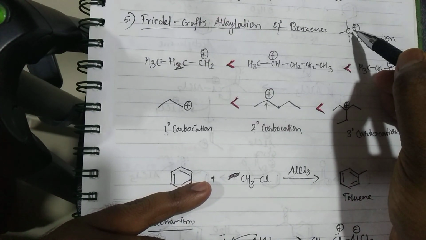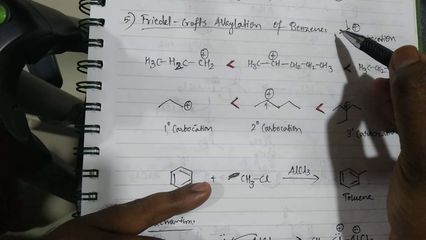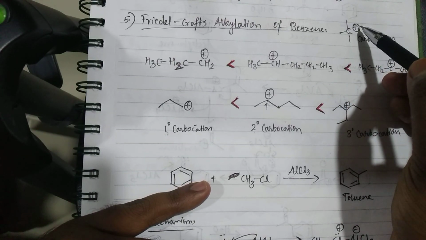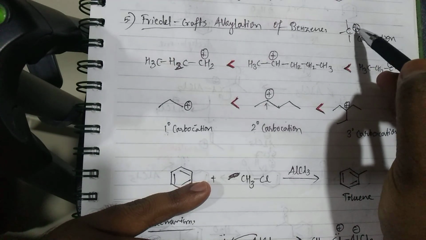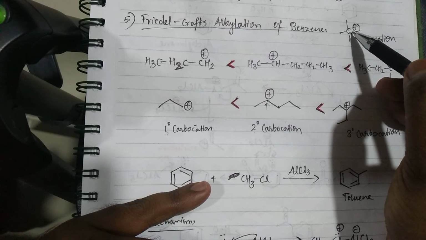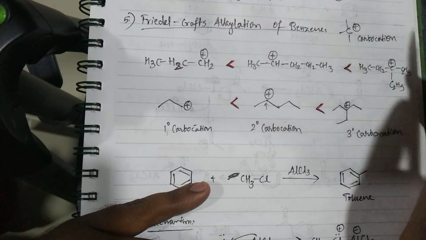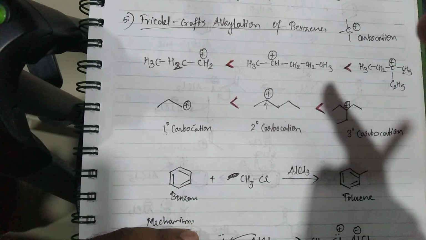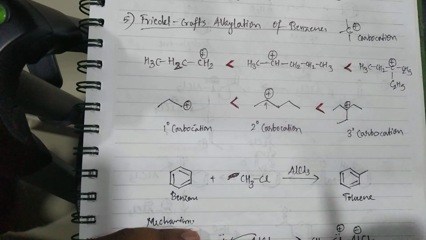Carbon atoms have 4 valencies, so they are bonded to 4 species. If one of the species decides to take up both the electrons involved in covalent bonding, the carbon atom will fall 1 electron short. So 1 electron short means there is 1 extra positive charge on that atom, which we call a carbocation.